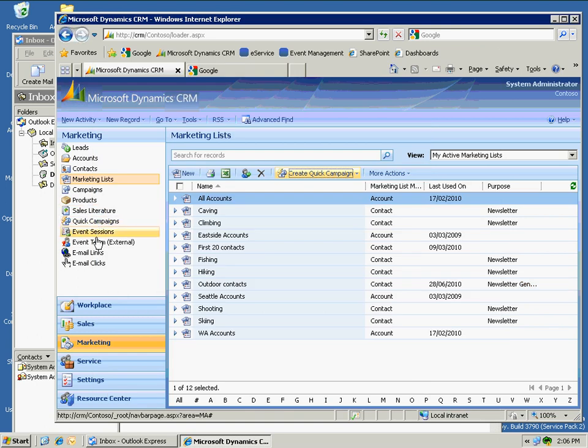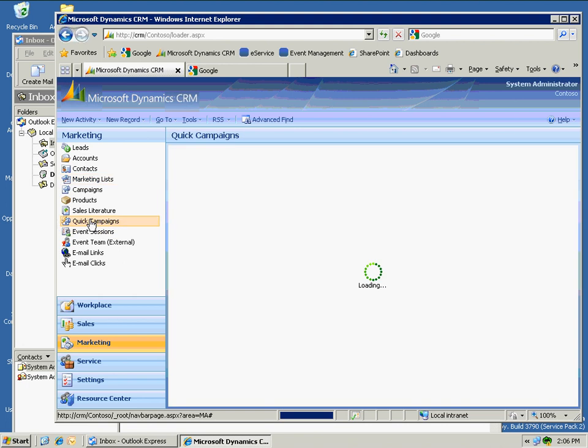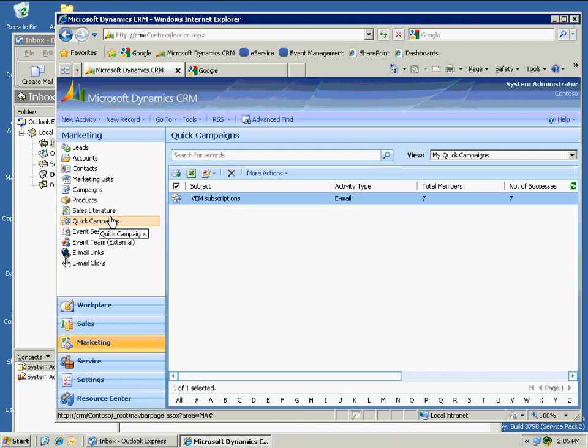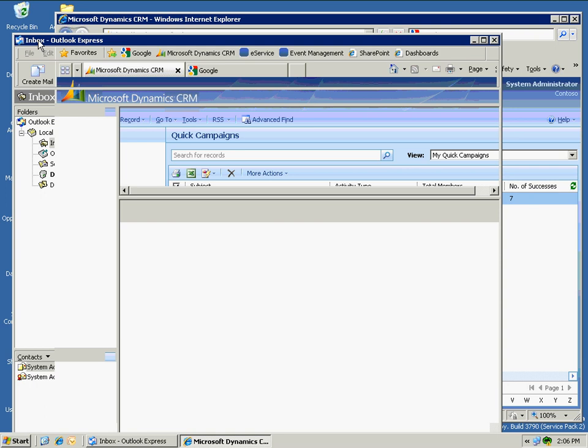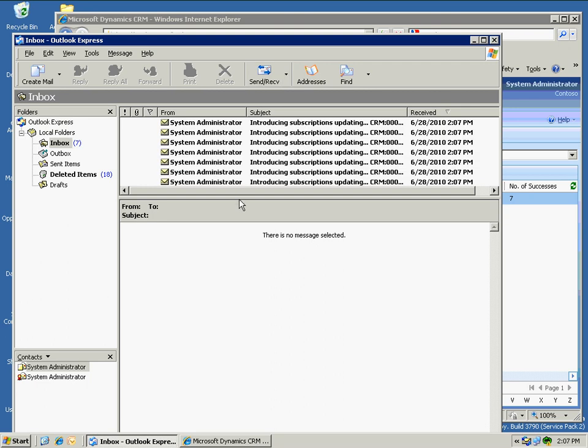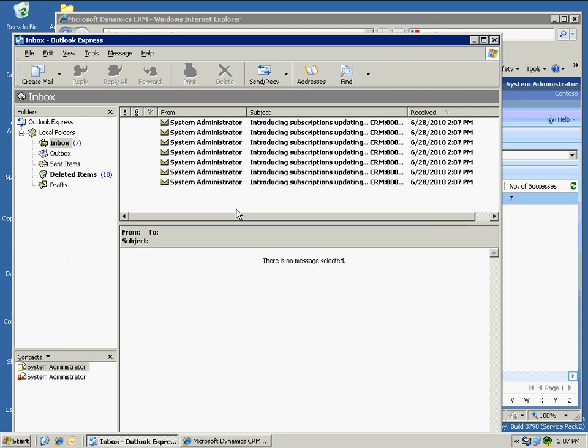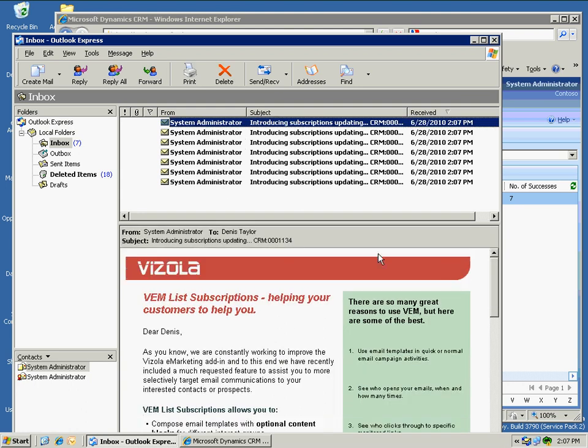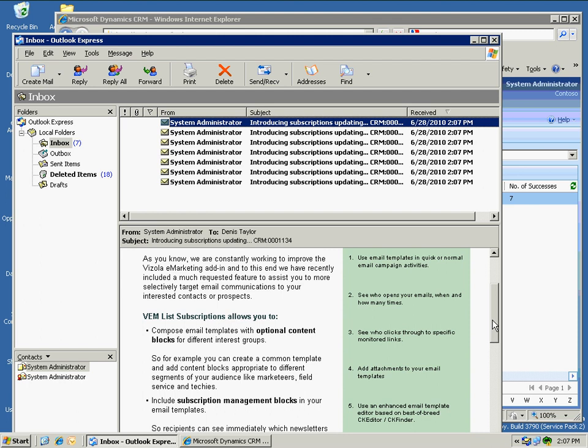So then we go to quick campaigns and wait for the campaign to be completed, and as you can see it's already completed here, so we will now switch over to our email inbox and wait for the messages to come through. Now you can see that the email messages have arrived, and if we go and have a look at one of them,